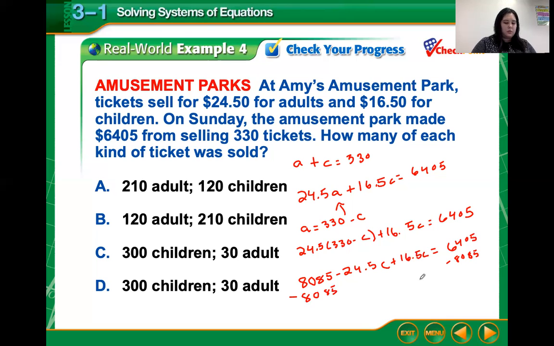And so we're going to do, let's see, 16.5 minus 24.5. So we're going to get negative 8C